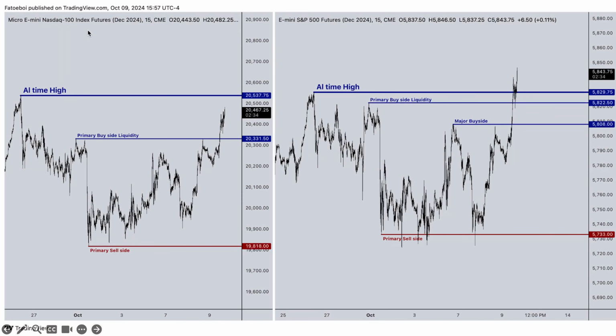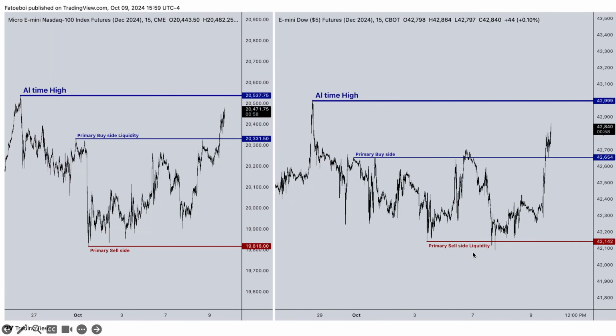Now with the price delivery, we have the E-mini, the S&P 500, the Nasdaq, and then we have the all-time high with the Nasdaq already being taken. Today we took the primary buy-side liquidity, and we did that also with the S&P. We already did that yesterday, and then we took primary sell side, and with the Dow we also already took primary sell side. We didn't take the all-time high yet, so this could be an indication for the SMT, for the fall SMT. So that could be the high of the year now,